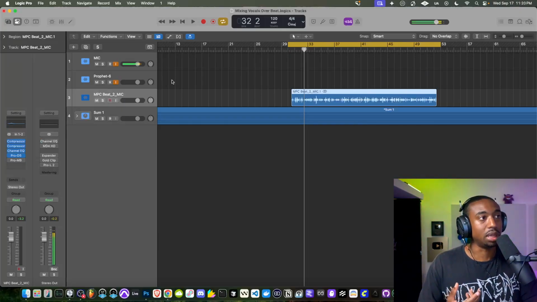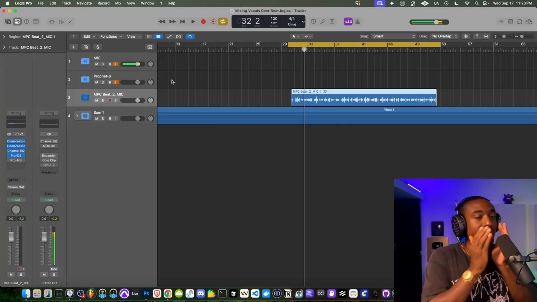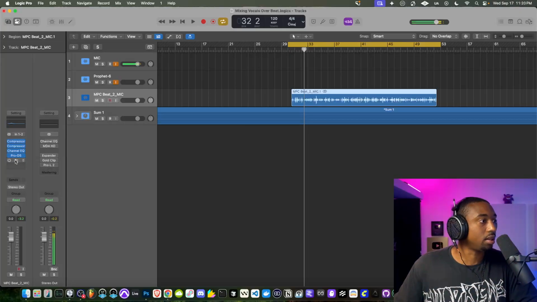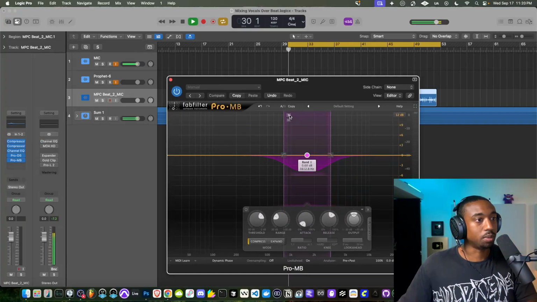A lot of stuff on BandLab, for example, sounds very like this. You can tell they recorded on their iPhone. It's very harsh, and we want to take care of that zone. Next, we're using a multi-band just to take care of that 1200 zone